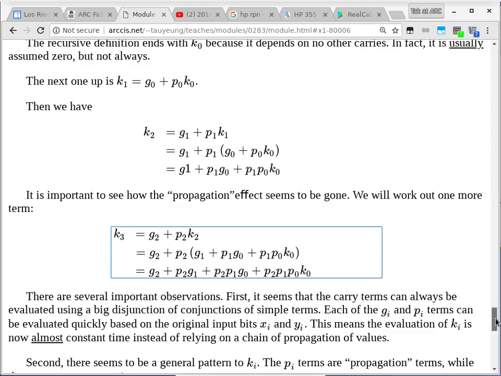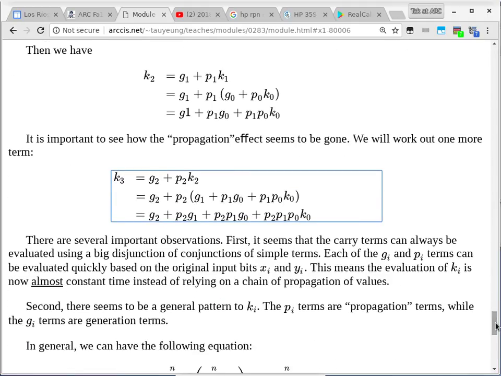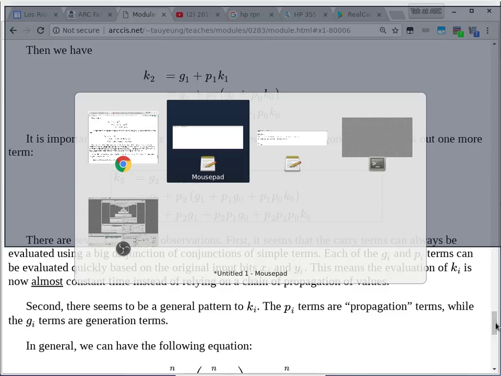So how do we generate all these P and G terms? Remember, we can use multi-bit gates, right? Okay. So what I'm gonna do is